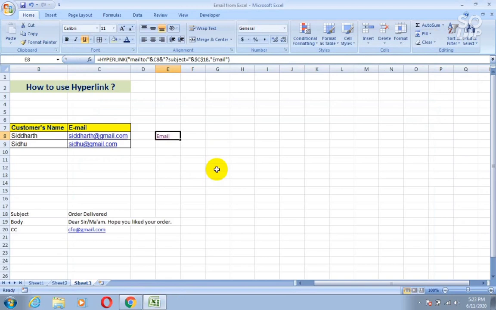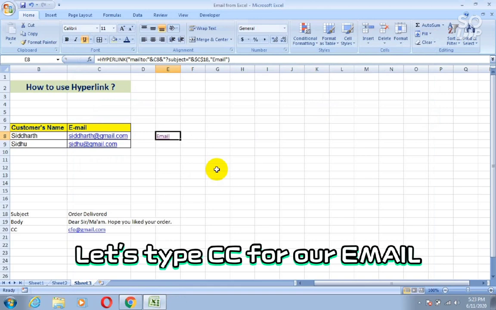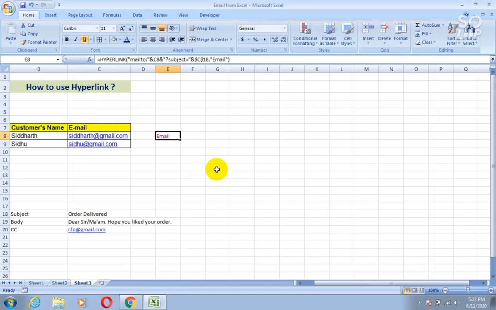Now let's move on and type our CC. Now simply type &, inverted comma, &CC=, inverted comma, and then select C20 cell, that is cfo@gmail.com.